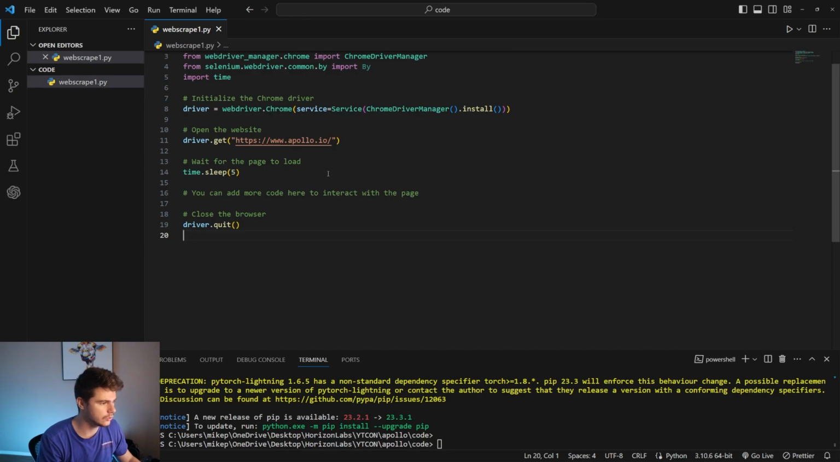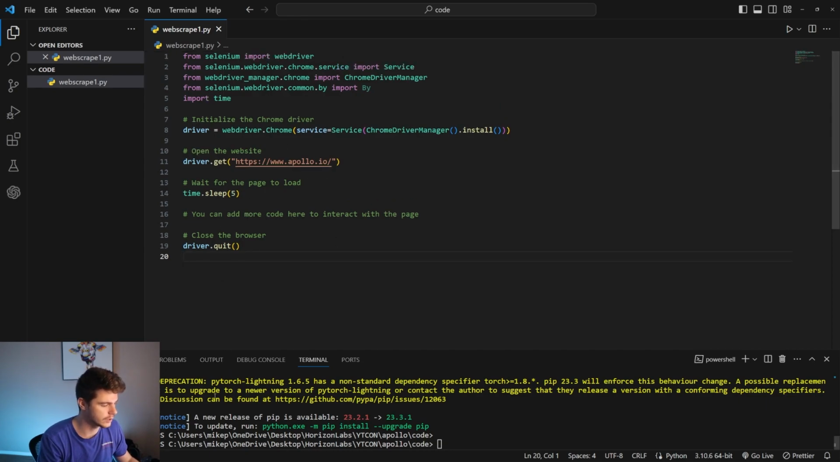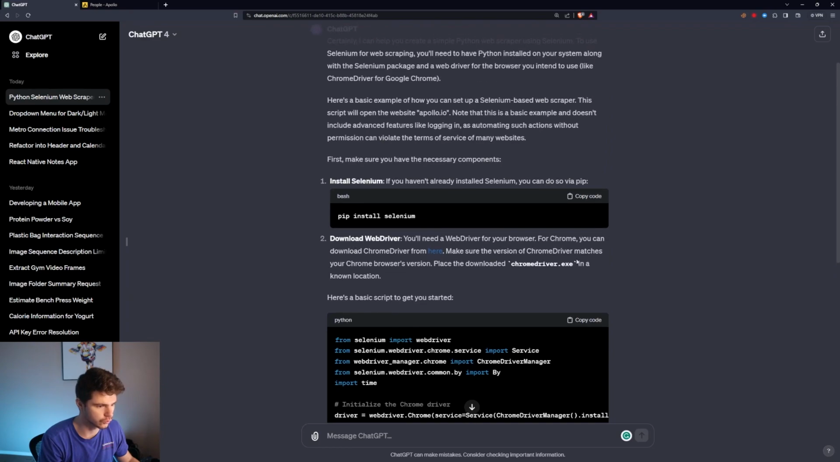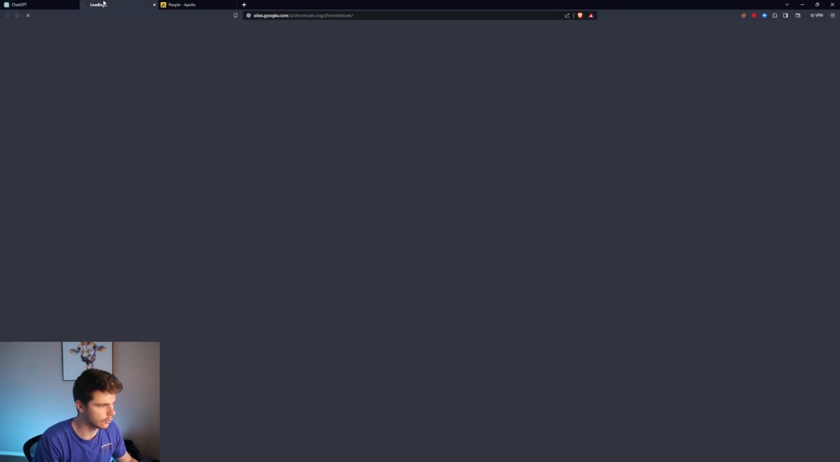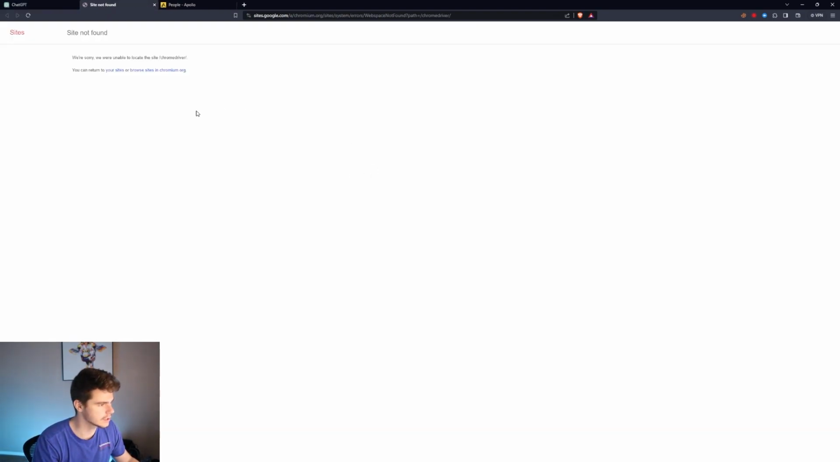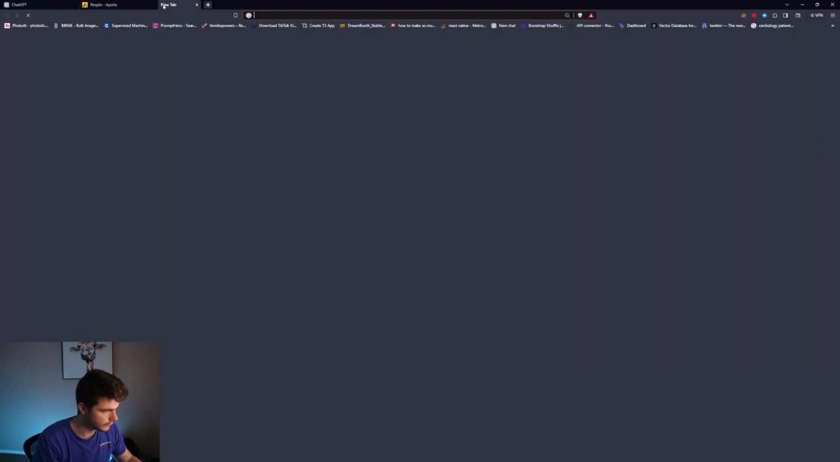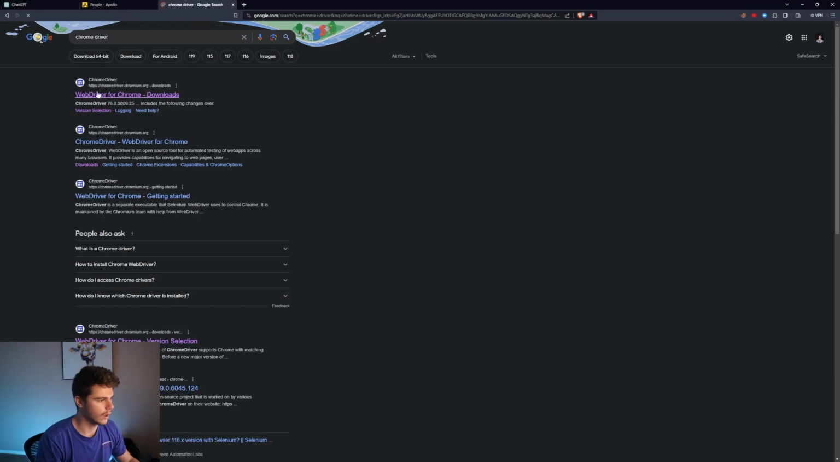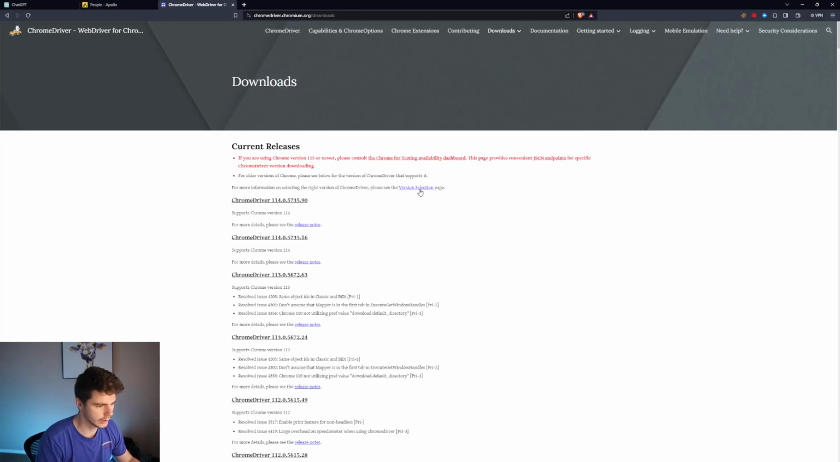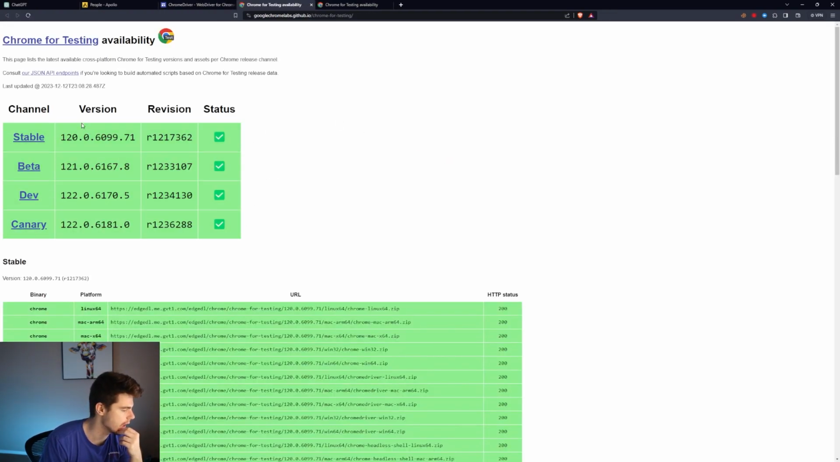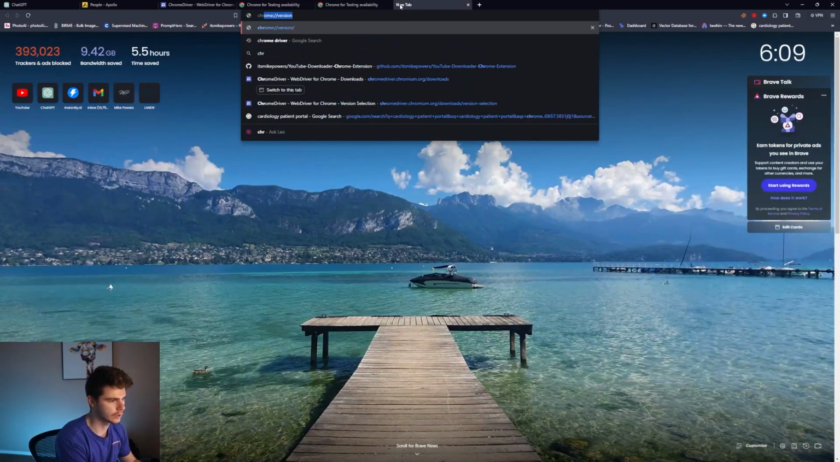What we need to do now is get a Chrome driver. This primarily uses Chrome, so if you don't have Chrome already, make sure to install it. We'll click on the Chrome driver here and it will take us to ChatGPT. If we just type in Chrome driver, we'll have web drivers for Chrome here. So we'll go to the Chrome for Testing availability dashboard, and then pick the version of Chrome that we're using. If you don't know what version of Chrome you're using, you can type in